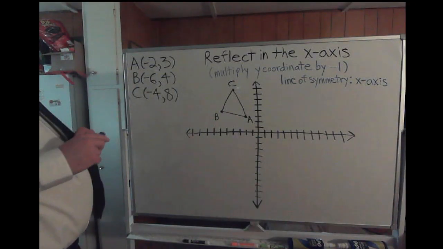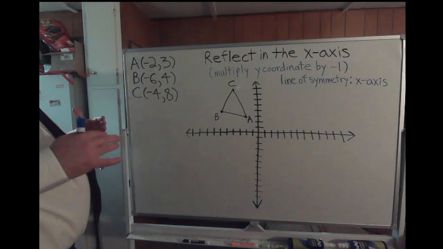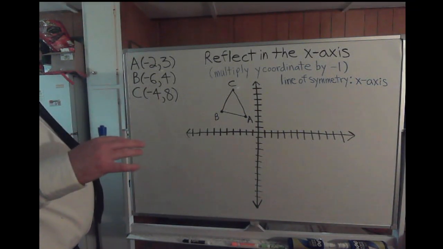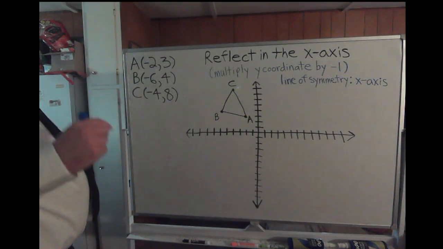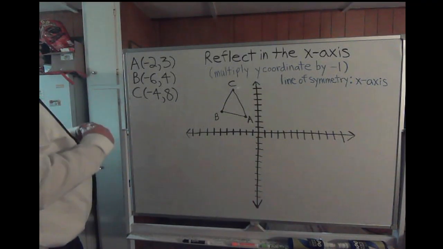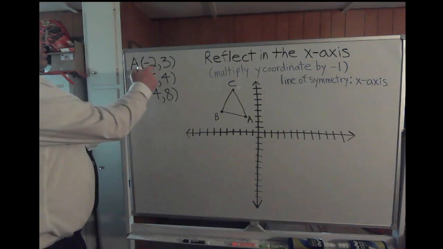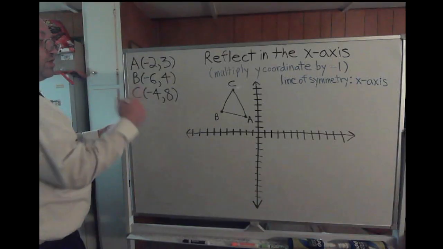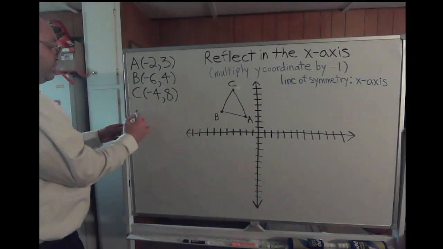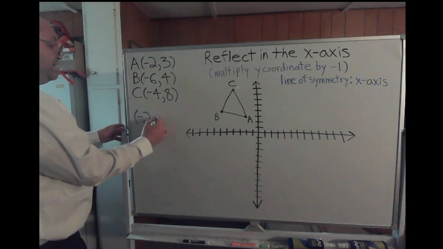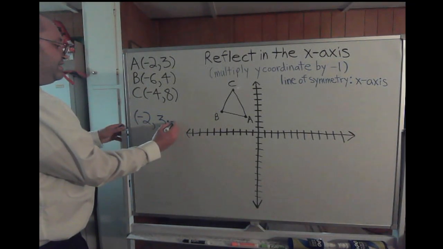How you remember it is, when you reflect something over the x-axis, you leave your x-coordinate alone, and you multiply your y-coordinate by -1. So whatever axis you reflect it over, the opposite coordinate gets multiplied by -1. That's a good way to remember it. So let's start with our first coordinate, -2, 3. Well, we want to reflect that across the x-axis. In order to do that, you leave your -2 alone for your x, but for your y, you're going to take 3 times -1,